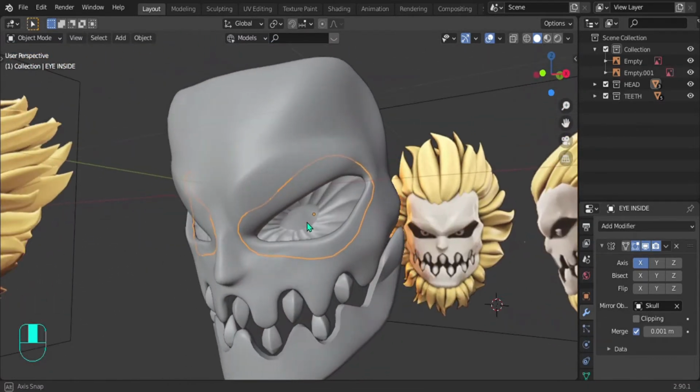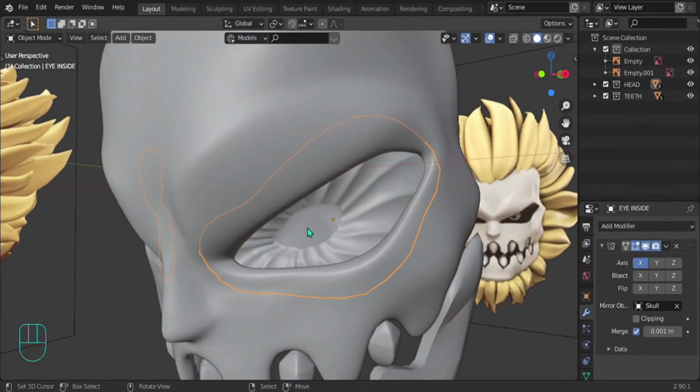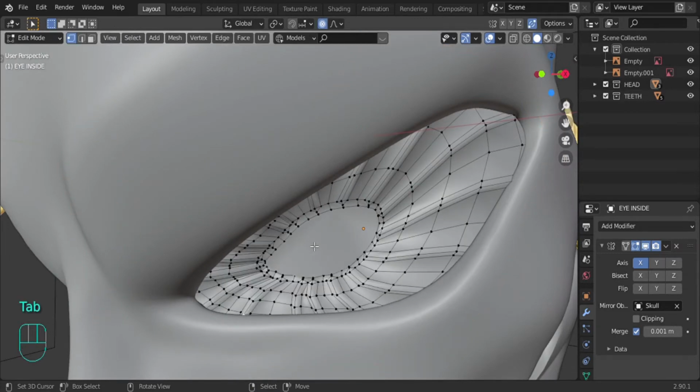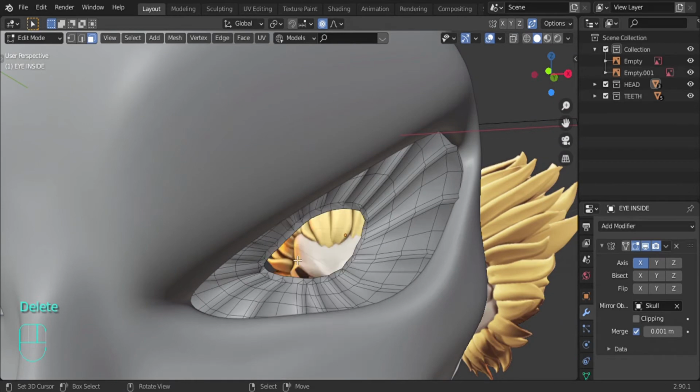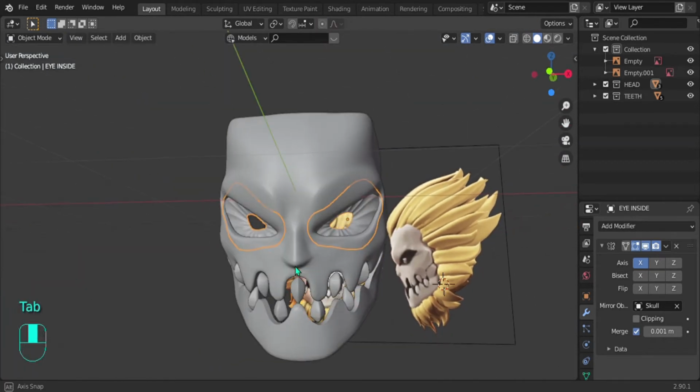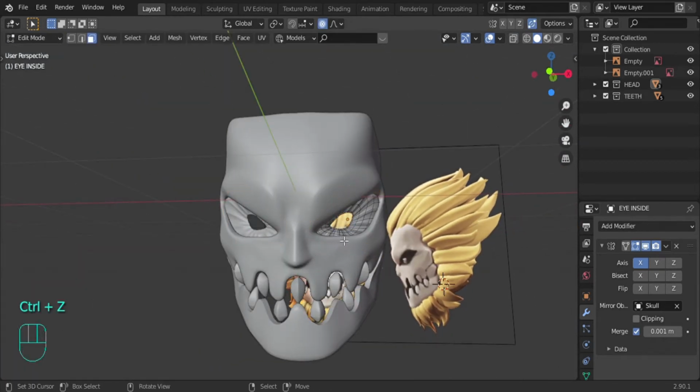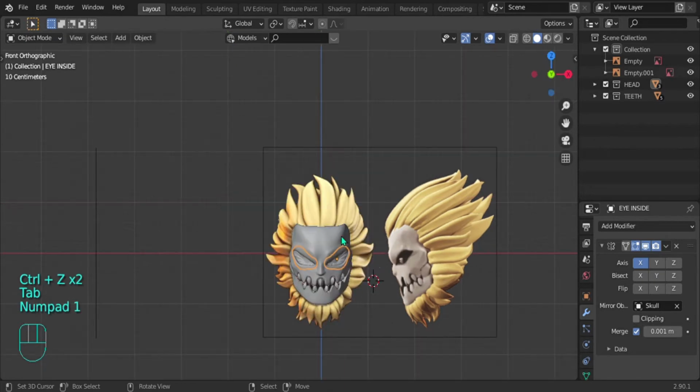Now let's add in the eyes. Actually, I kind of like how this looks, to be honest. This area here. What if I delete it? Actually, no, it's not gonna look how I want. But anyways, let's go front view,